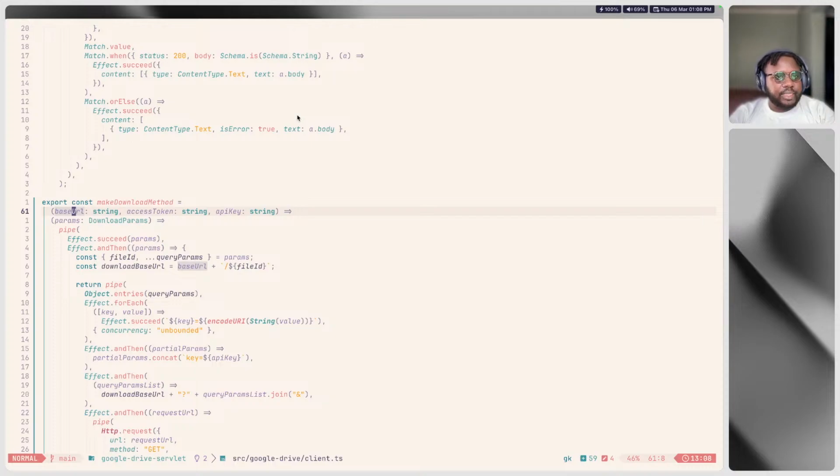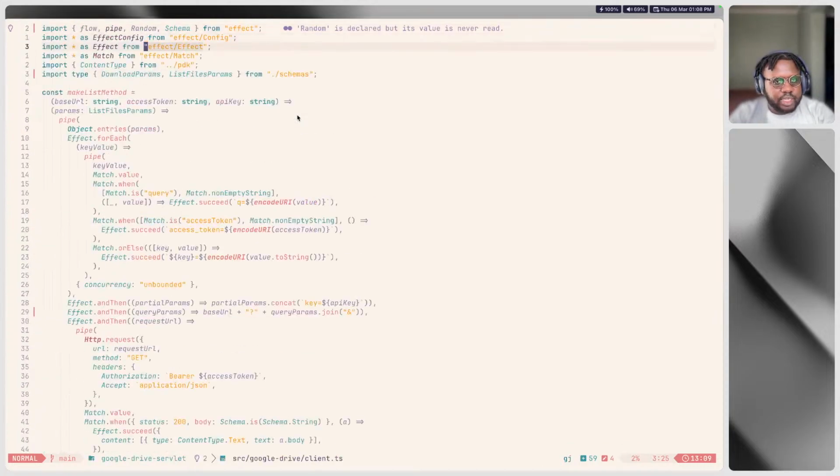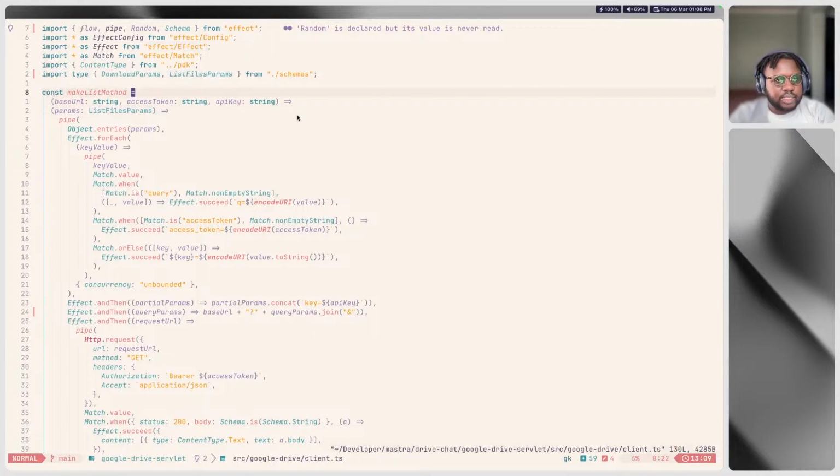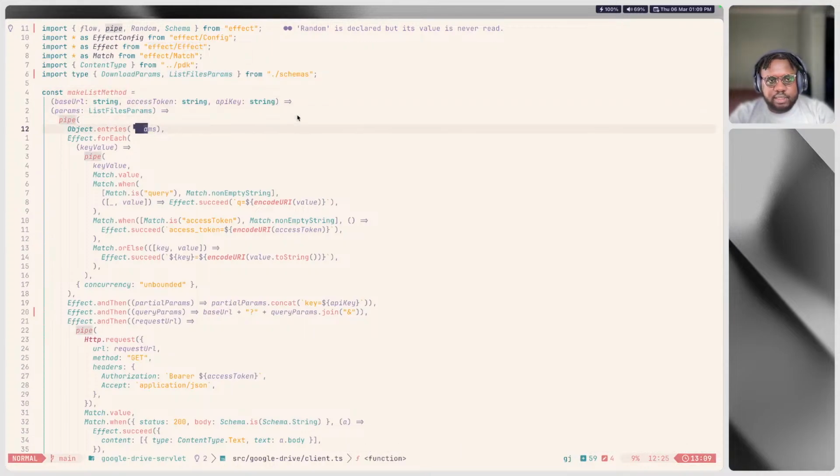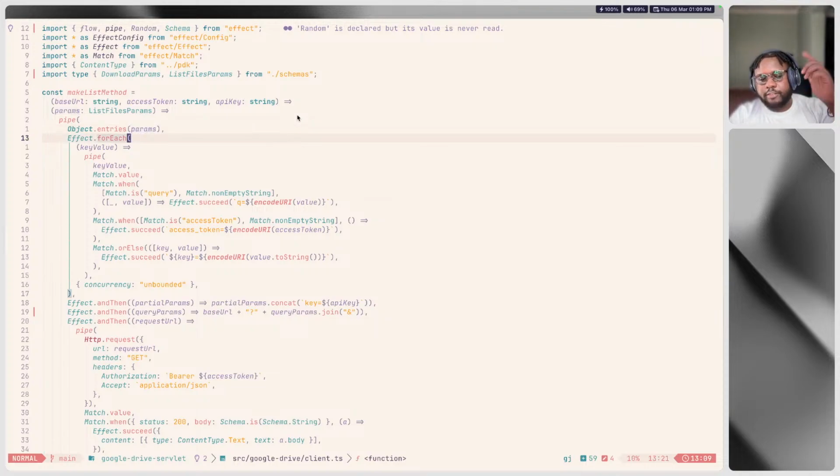So I started with this thing that just receives the params, but I also need to pass the base URL, access token and stuff. So we just have this higher order function that helps with that. This is like the make download method. I think there's a problem with that, we're going to look into that later. So I start with Object.entries for the params. It's an object, but then I get a list of key-value pairs that I can work with. And then I do an Effect.forEach, which takes in something like an iterator of some sort, and